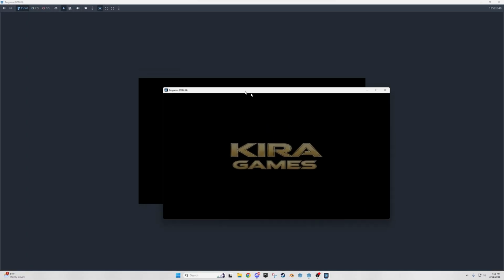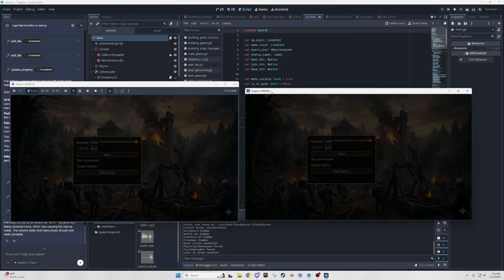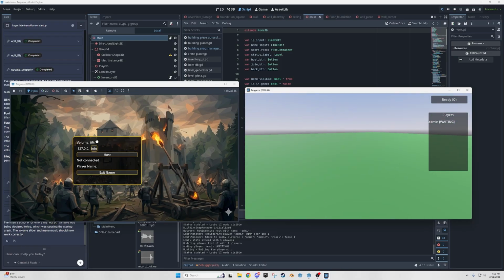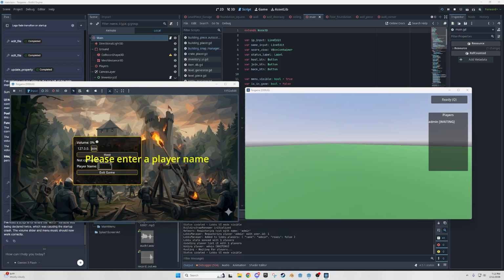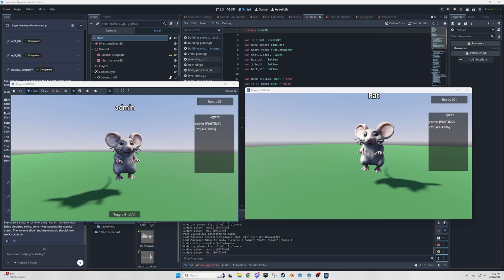We'll do this. So like I said before, I have 2 testing windows open. This allows me to test multiplayer, so I can host the game. So whatever, let's turn that down. Glad I added that. I can host the game, and then I can have people join, aka this debug window, join as if it's someone else. So cool, I'm hosting, boom. I need to enter a player name. We'll just say rat, join. Oh look, got the name above it.